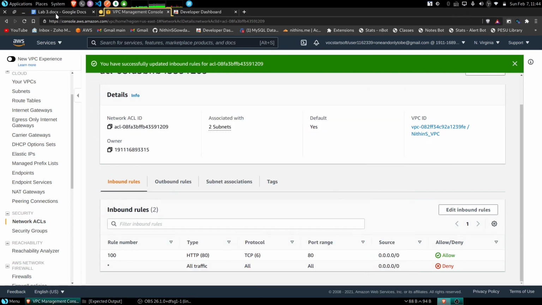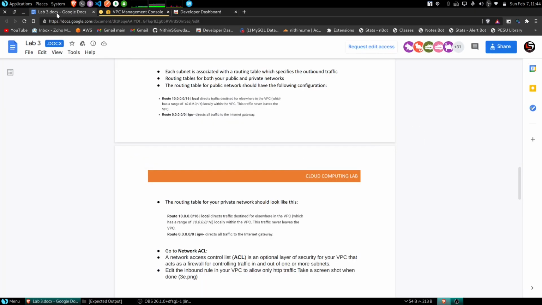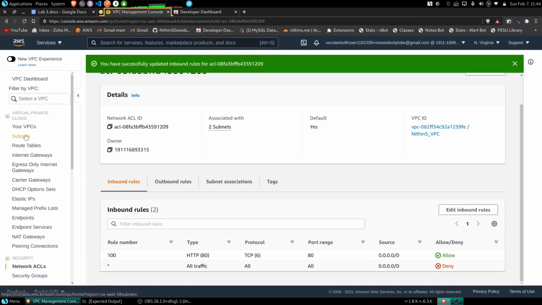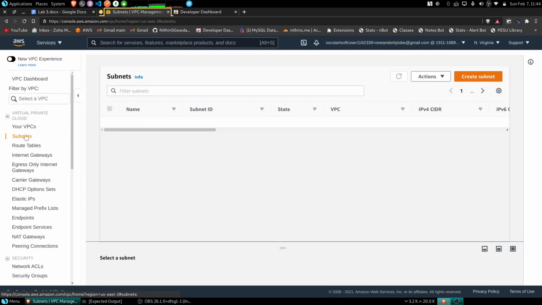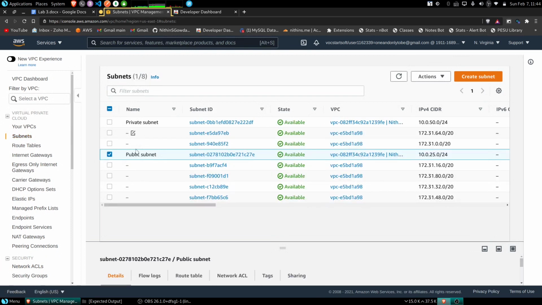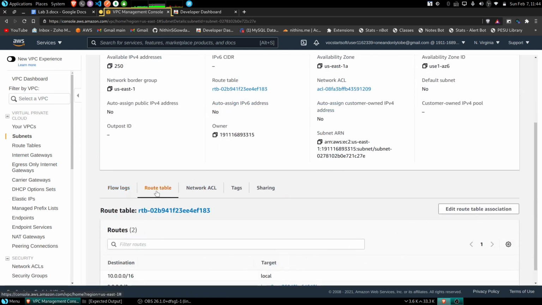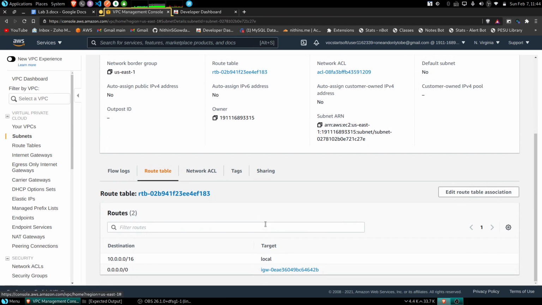Okay, and now let me look into the routing table of my subnets just to make sure it's perfect. These things will be assigned by default, but still let's have a look into it. I'll click on my public subnet and scroll down to click on route table. Yeah, it's perfect as it is.